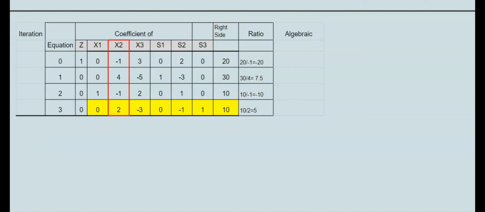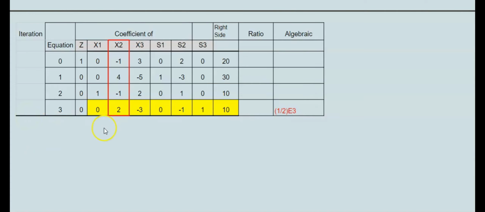I can always multiply or divide as well. If I multiply by the half, that 2 is going to give me the 1. But if I multiply by half, I need to multiply by half for all of these entries right here. So if we do that, that becomes negative 3 over 2, 0, negative half, positive half, and 5. So now that becomes the pivotal variable, and we're going to use that to make sure all of these become